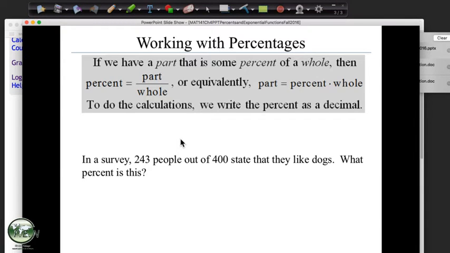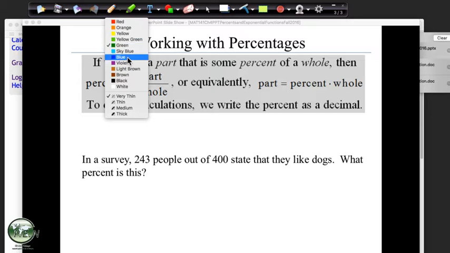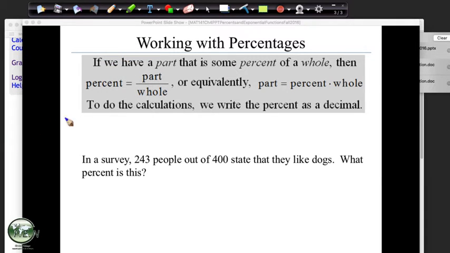Okay. Now, along with this is a way of thinking of a percentage as a part over a whole. I'm going to show you something that uses this, but maybe a little bit further, because I found that doing percentages as proportions is really helpful. So part over the whole is a proportion that's equal to percent over 100. Okay.